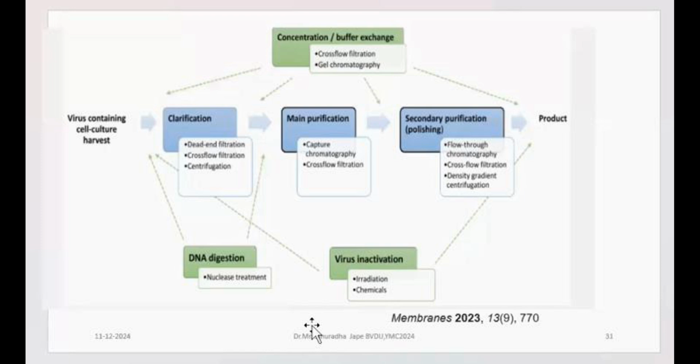Similarly, you can talk about the use of affinity chromatography for purification of viruses and virus-like particles. Viruses and virus-like particles we know are very important in therapeutics and biopharmaceuticals. For example, they are used in preparation of vaccines or viral vector applications.